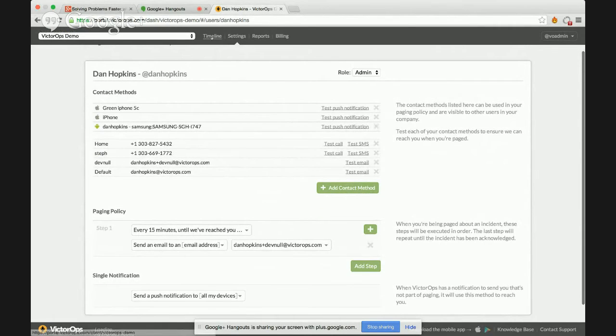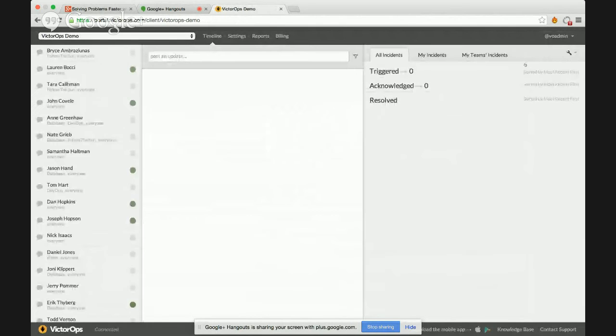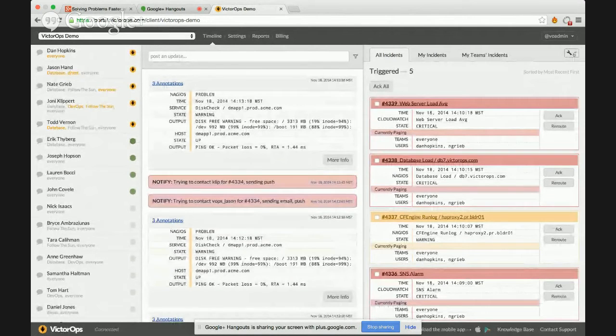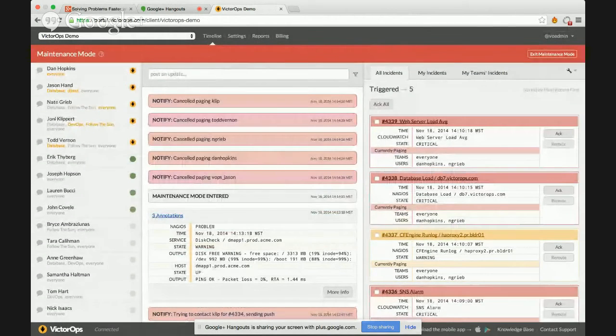I'm going to go ahead and pop back out to the main timeline here and just quickly highlight something that we call maintenance mode. I'm going to go ahead and enter maintenance mode here. Now what this does, if you know that you're going to be taking a server offline and you don't want to flood your phone or your teammates' phones with tons of alerts that everything is offline, this is the way that you do that. What will still happen is we will still ingest all the data that comes in during